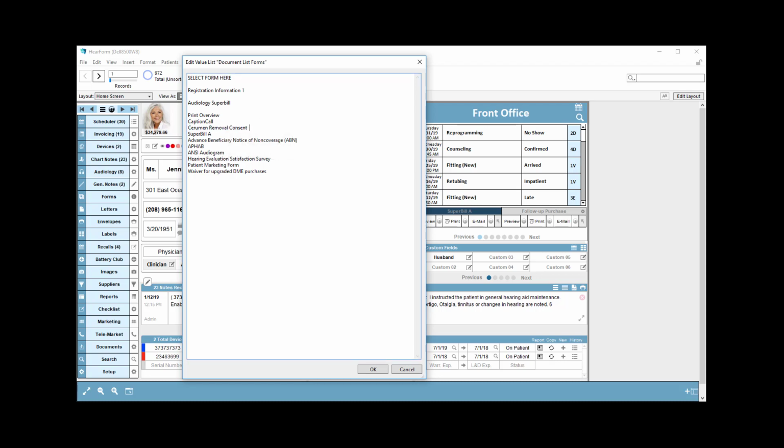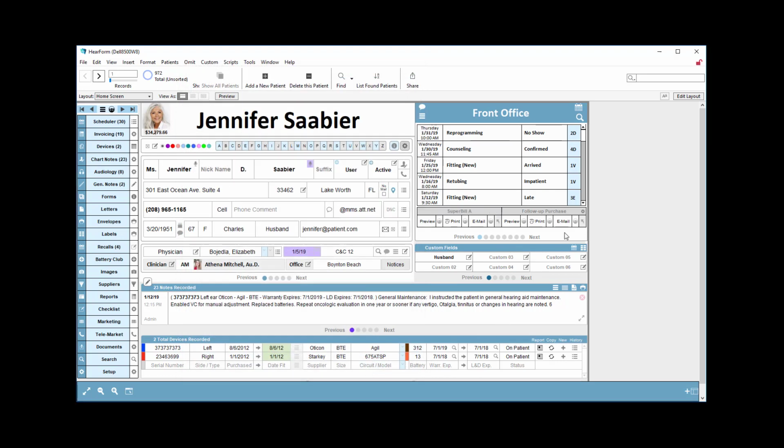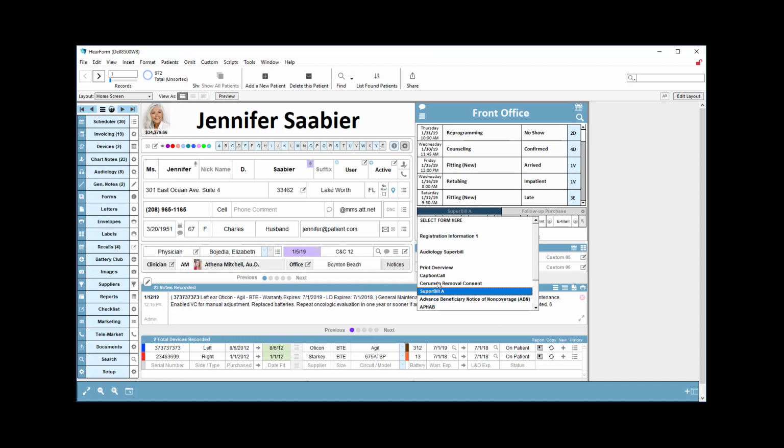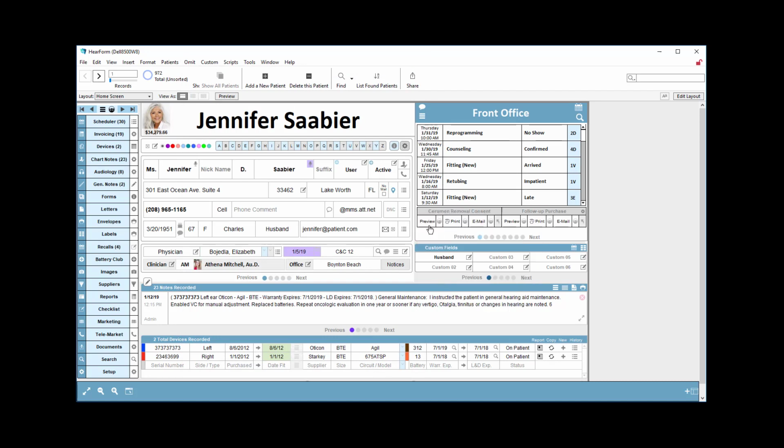I don't want an extra space or two after it. That could create a problem. So just exactly... backspace one more time. You just want that exact form name in there, and I'll show you why that's a good thing. Because now, when I click into the field, I can choose the cerumen removal consent form and preview, print, email,